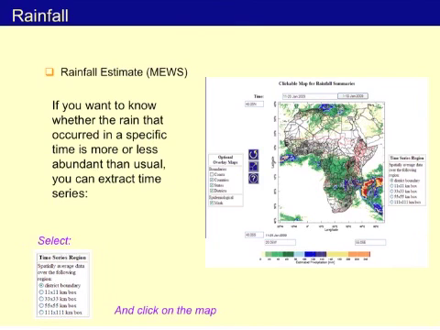If you want to know whether the rain that occurs in a specific time is more or less abundant than usual, you can extract time series. This tool is quite interesting because it allows you to extract time series of rainfall in a particular region. You can extract time series averaged by either a district or by boxes, ranging from 11 by 11 km to 111 by 111 km. You can select on the right box of the map the area of interest and then